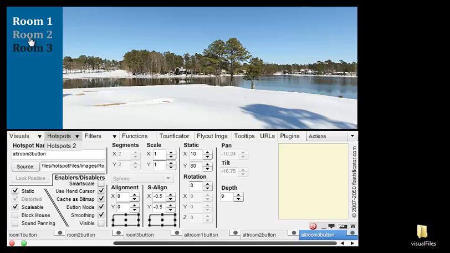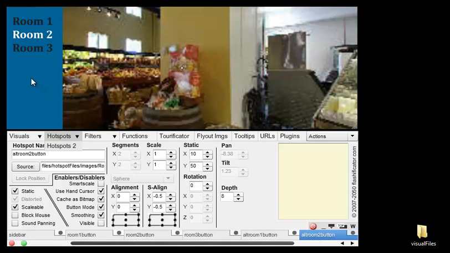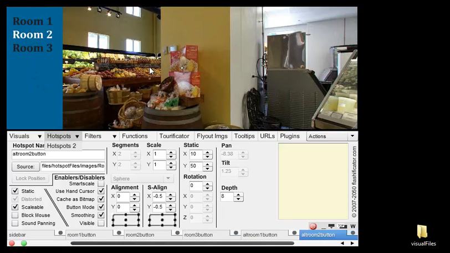If we roll over the other two buttons, you see they change. Room 2 and room 3 will change colors to help designate which one you're looking at. So if we go to room 2, this is the option that we're looking at. Now we're going to select it. It opens room 2, and then it also changes the color, and room 3 and room 1 have the rollover effect. So if we go down to room 3, roll over it,